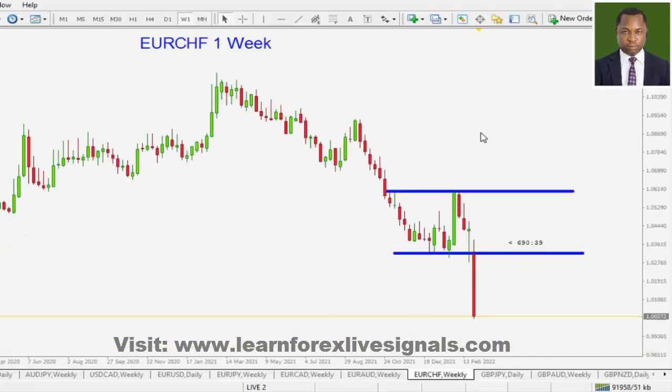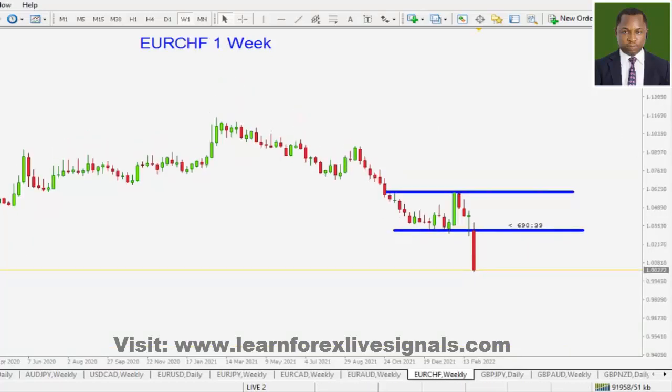Now see the euro against the Swiss franc as of last week as well. Massive breakout to the downside out of this range. Okay, I just want to share with you this high market volume that we saw as of last week, and these are the type of price action that we want to see that is favorable for price action traders like ourselves. Okay, so with this breakout, let's be hopeful that we are going to be finding high quality trading opportunities within next week.